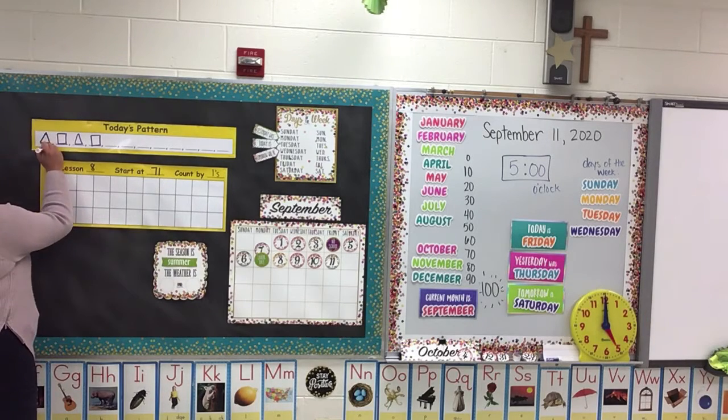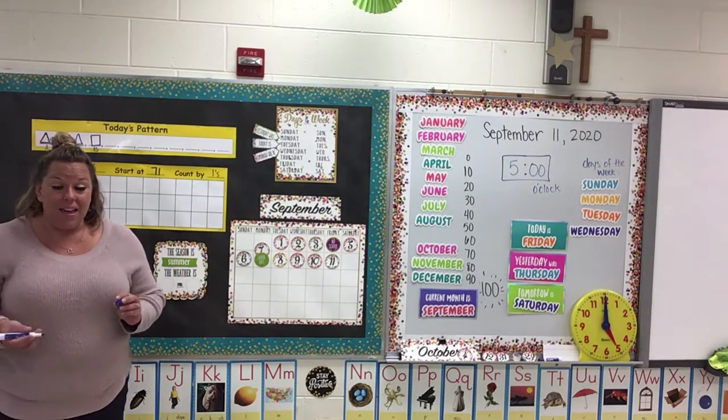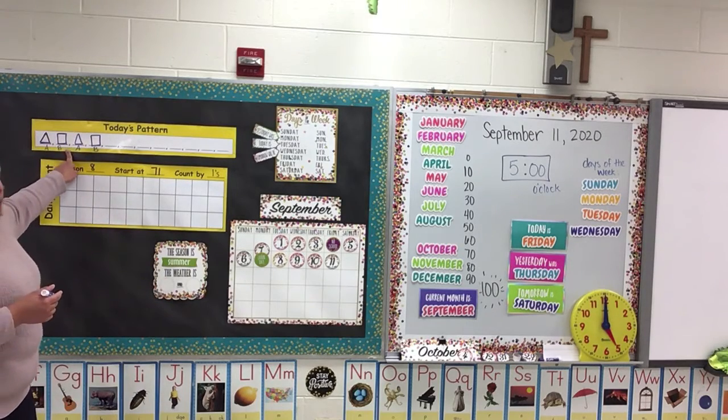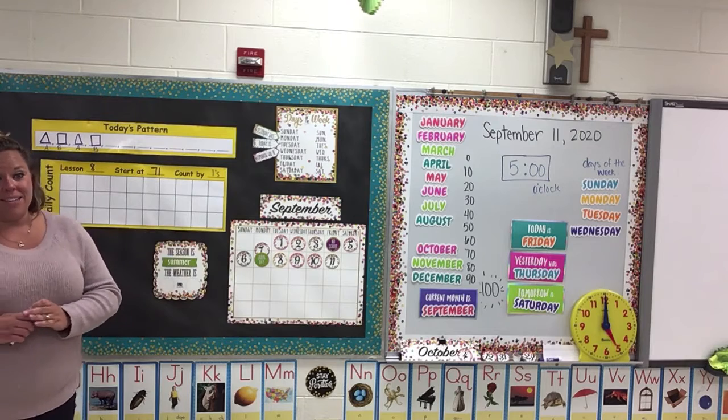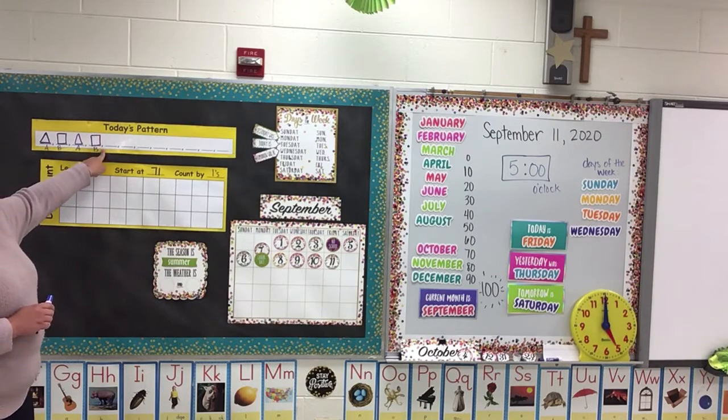So I'm going to write below it A, B, A, B. What's the A? The A is the triangle. What's the B? The B is our square. So we need to finish our pattern that same way. Triangle, square, triangle, square,